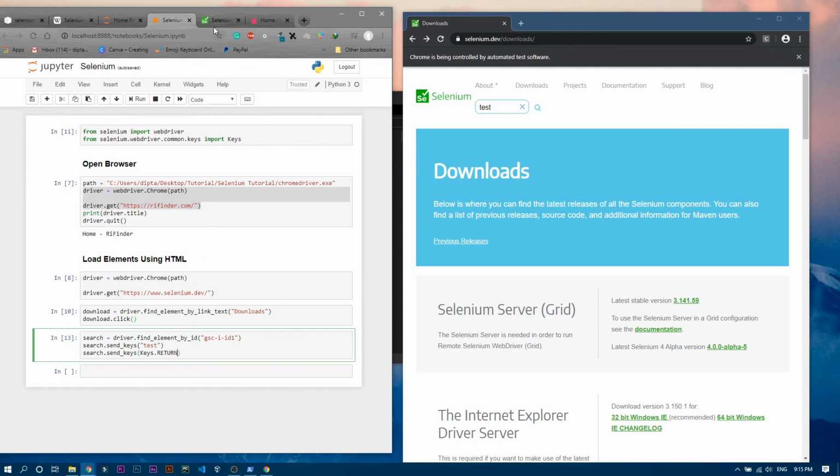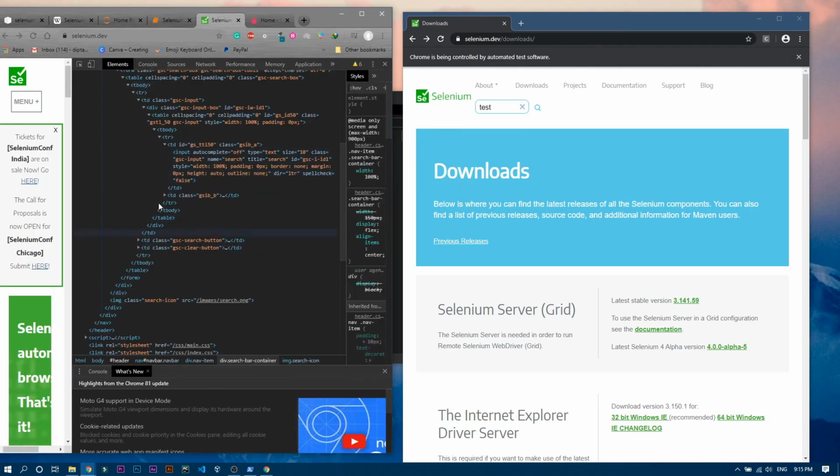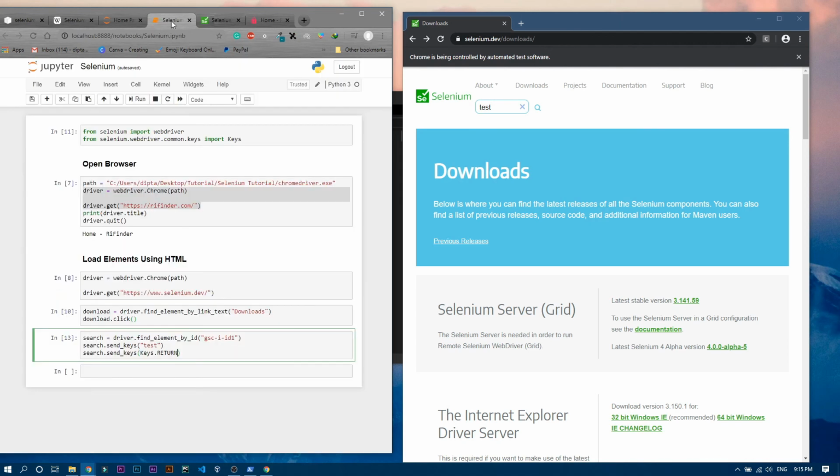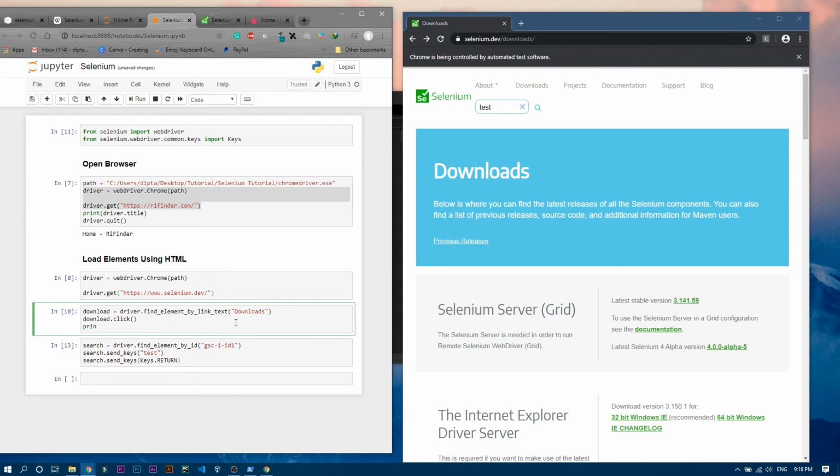Now we will see how to download the source code. Okay, so we already saw that this is the source code, right? So we will see how to download that particular source code. For example, after opening this download section, we want to print the source code of that particular section. So to do that, you just need to write only one thing, that is print, and in the parentheses we have to write driver.page_source.